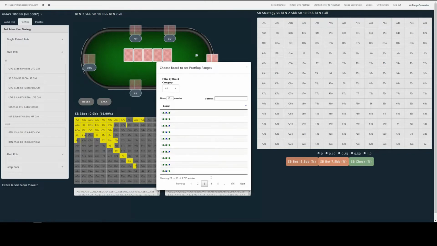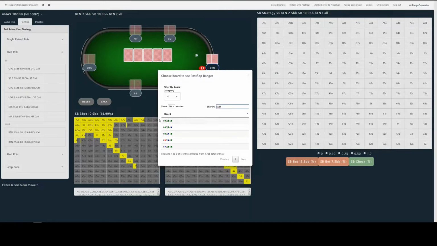2, 3, and so forth. Or we can search manually for a flop. So if we want to look at, say, all flops with ace 10 in, type ace 10 into the search bar here, leading by high card, or all flops with king queen, and we see that, or specifically king queen 4 flops, and then we have all 5 possible king queen 4 flops here: monotone, two-tone, rainbow.